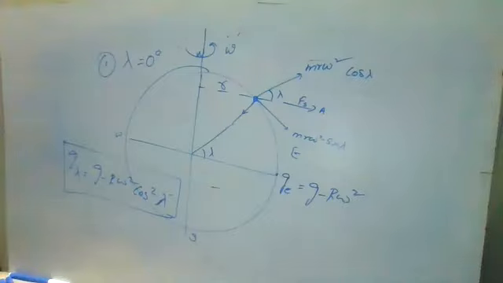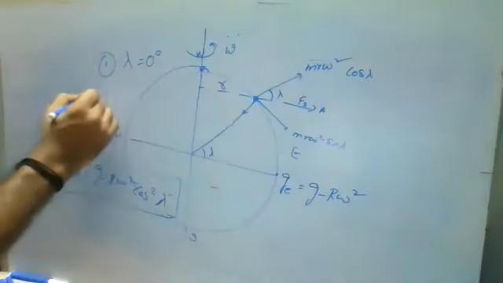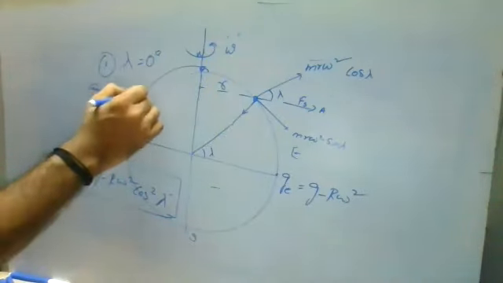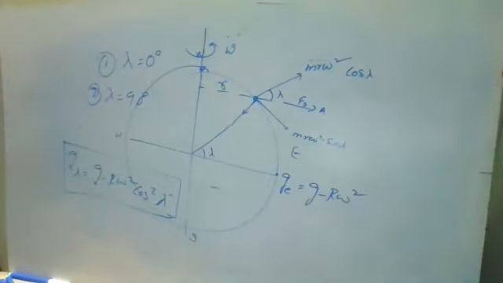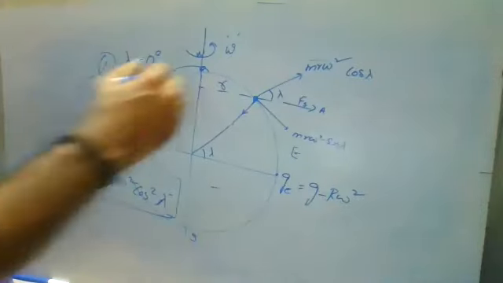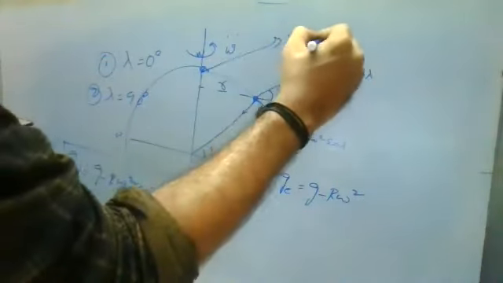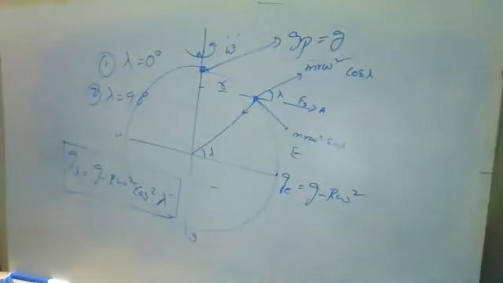Okay, second case, if it is at the pole, if lambda is equal to 90 degrees, cos lambda is equal to 0. So then from this relation, GP is equal to G. From this relation, GP is equal to G. Okay, so these are your two relations. Okay, so next one,